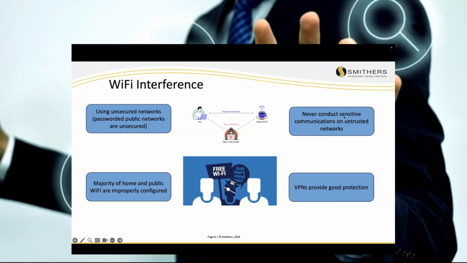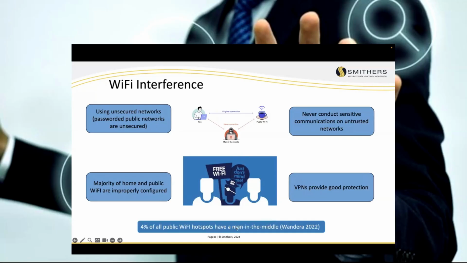If you conduct sensitive information or have a company computer and you're working routinely on untrusted networks, hotels are another example. No hotel has trusted networks in their system. It's as bad as Starbucks. It's all open, it's all Wi-Fi, it's all available. If you're on one of those networks, make sure you're running a VPN going back to corporate. There are lots of VPNs, even a lot of free VPNs that small businesses can leverage. At a minimum, make sure the communications between that computer and the corporate system are encrypted, so that if there is somebody in the middle of the network, the only thing they're seeing is a bunch of random ones and zeros. They're not actually able to hack your network.